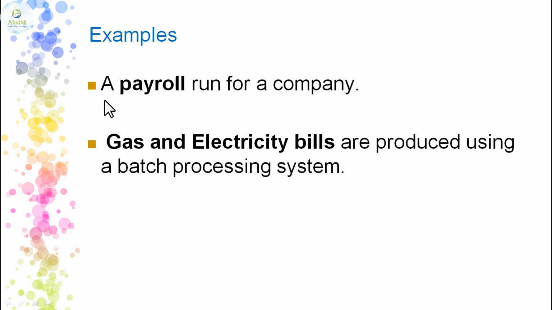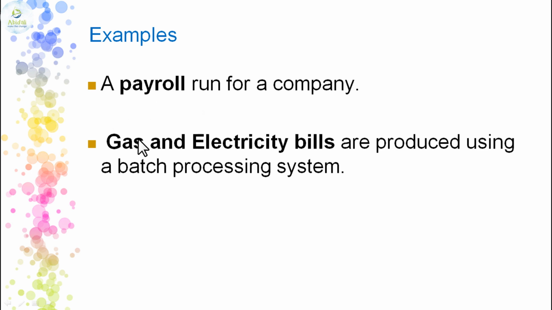The entire slip, which shows how many days you have worked, what salary you have gained, what additions are done, and what deductions are done, is called payroll management. Payroll is nothing but a slip given to the employees of a company. So it will take the data of all the 30 days and process it at one time, just like a biometric system which takes the data, and at the end of the month when salary day comes, it will process and generate how much salary you need to get.